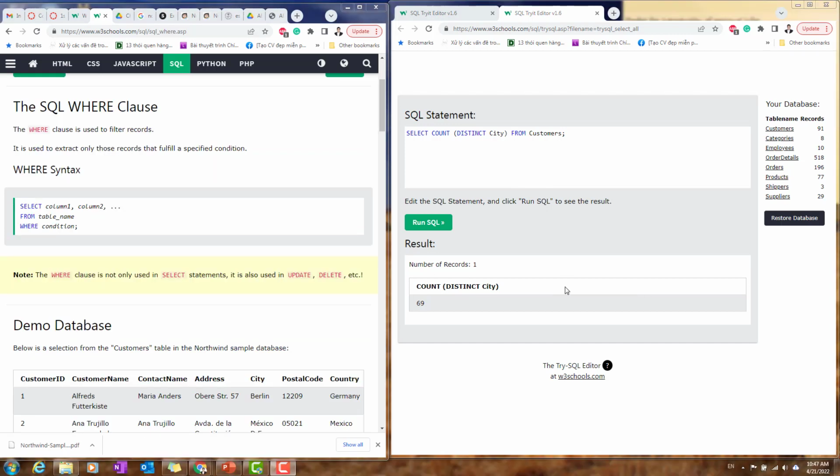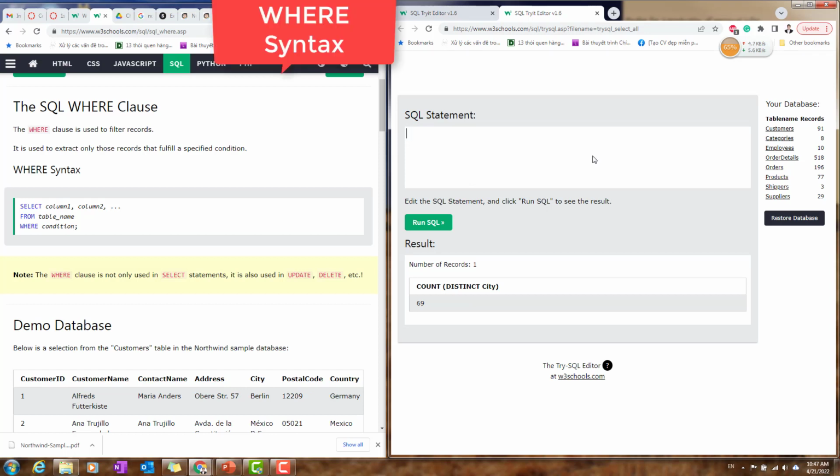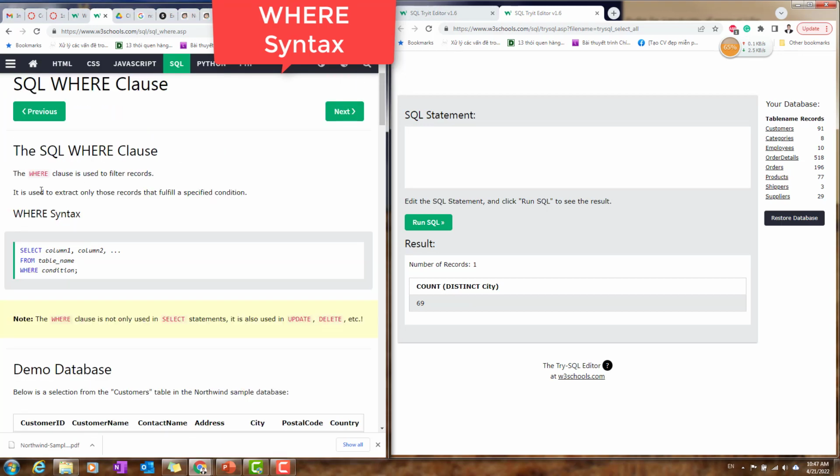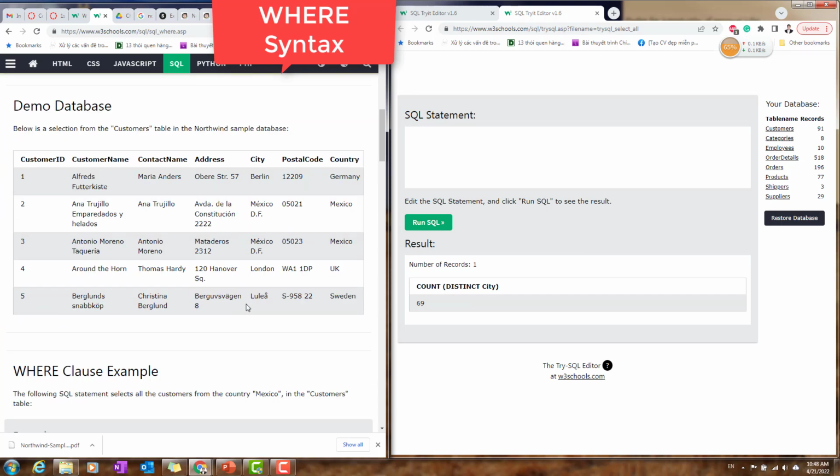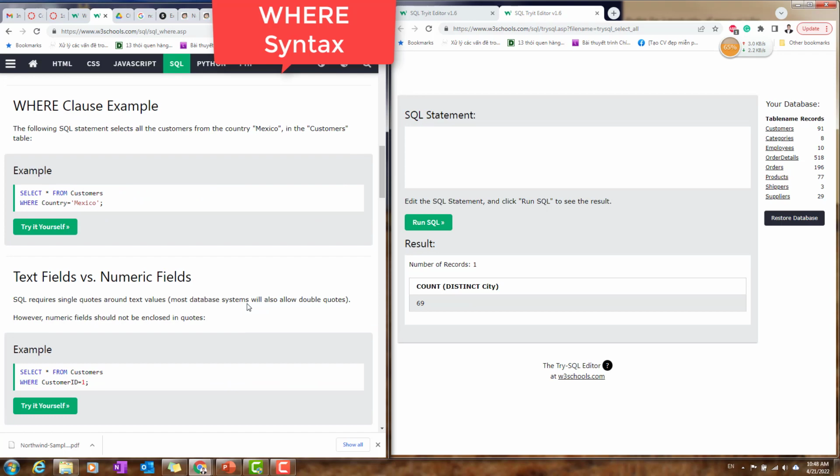Alright, now let's turn to another function that's very important with SQL data queries, because sometimes with the original data you want to select the data, but with some kind of filter. You don't want to get all the data, but only data with a specific condition. That can help to extract only the records that fulfill a specified condition that you really require. For example, over here,